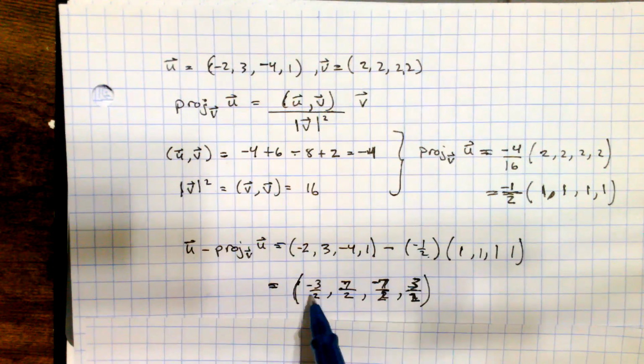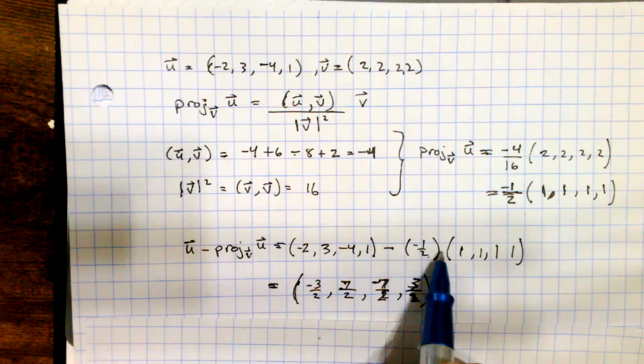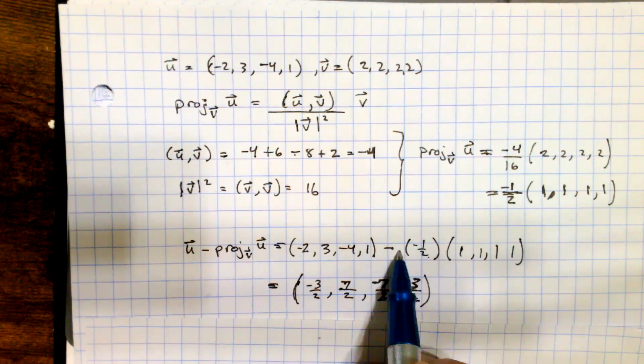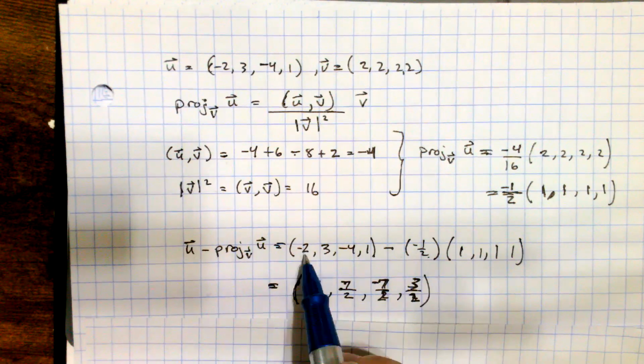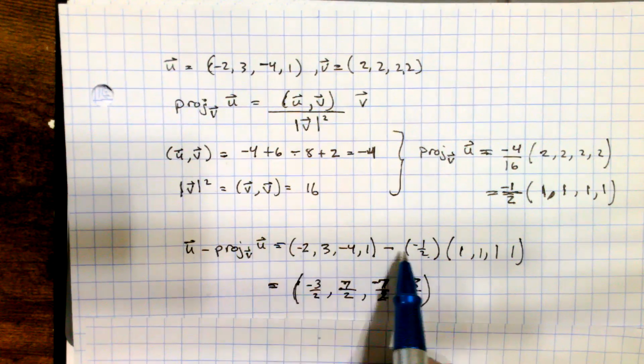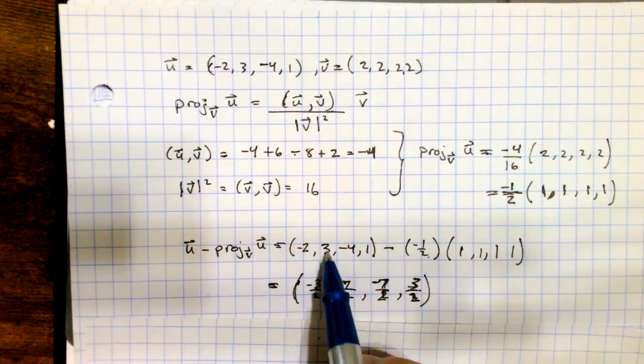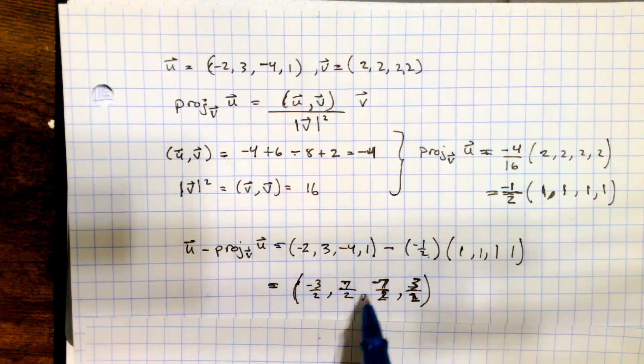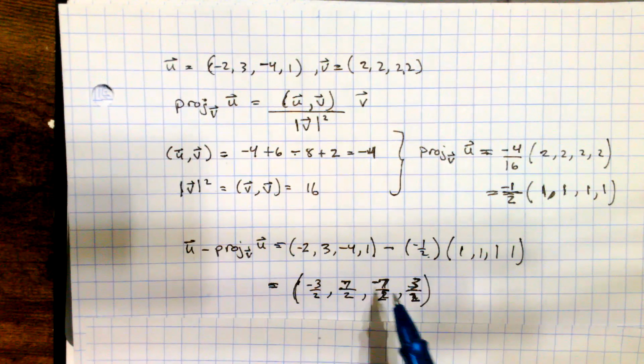To do that, all you need to do is subtract component-wise. So with -1/2, the negative and the negative makes it a positive 1/2. And so for the corresponding entries, you get -2 plus 1/2, which is -3/2. 3 plus a half is 7/2, and so on and so forth. Going through, then, you find the results,